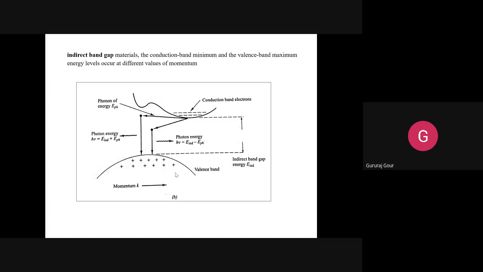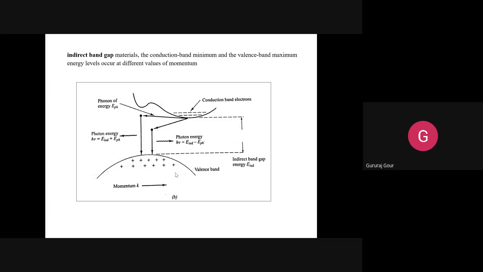If you want, I can note it down. You cannot get this even in the notes or in the textbooks. This is the one important observation. The momentum is the same in case of direct band gap and it is not the same in case of indirect band gaps. And this will become the reason for the next second point. What is the second point? We have observed that with respect to the falling of electrons from the conduction to valence band, they will liberate the photon or phonons and liberate the energy with the momentum, hv equal to E. That's all.